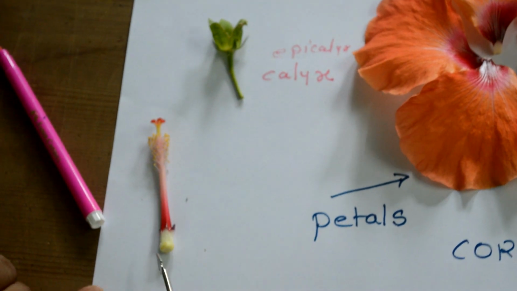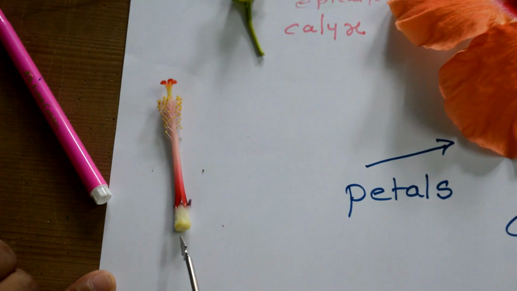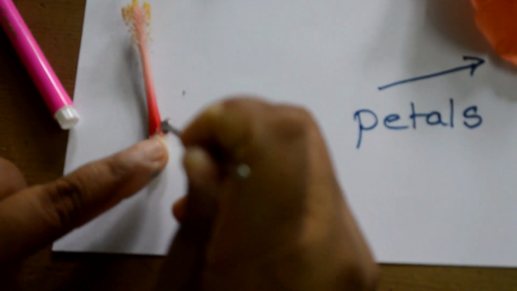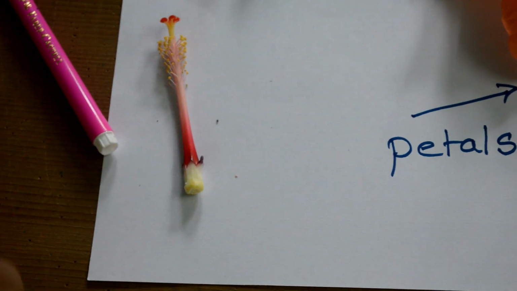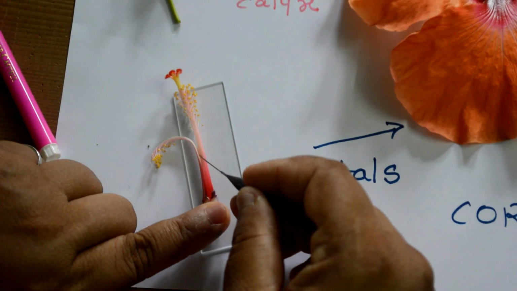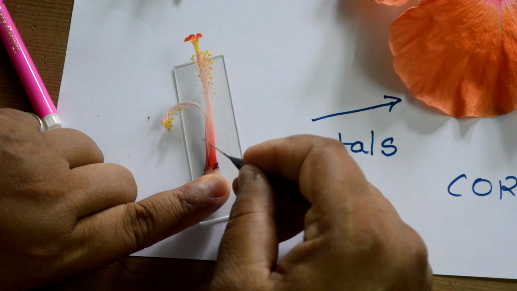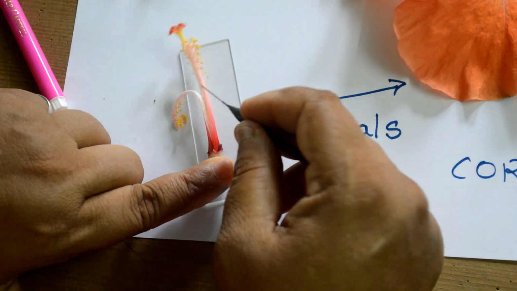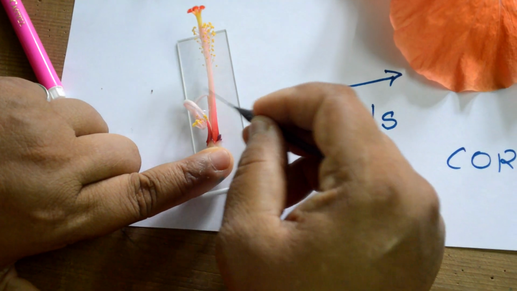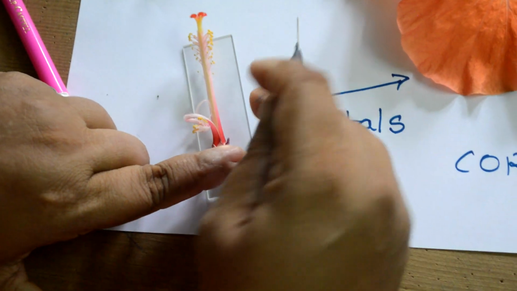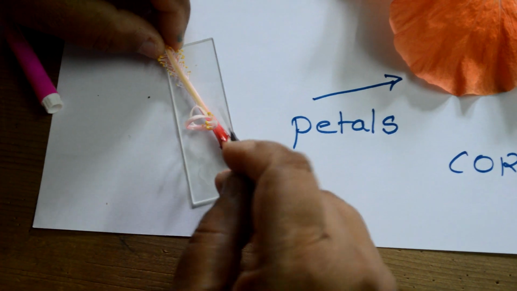This is a reproductive organ. Now I'll be using the blade or the needle and separating it. With the tip of the pointed needle and the arrow-headed needle, I have to give the lateral section. And inside you will be finding